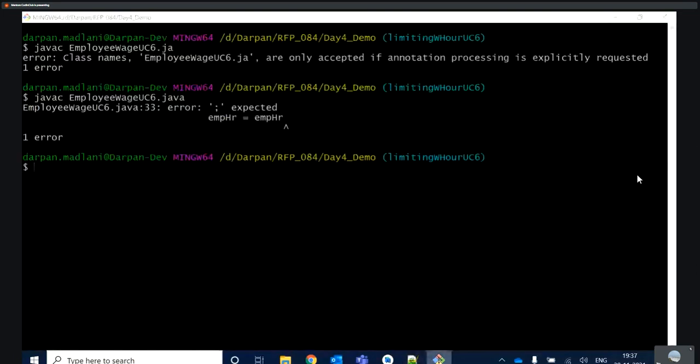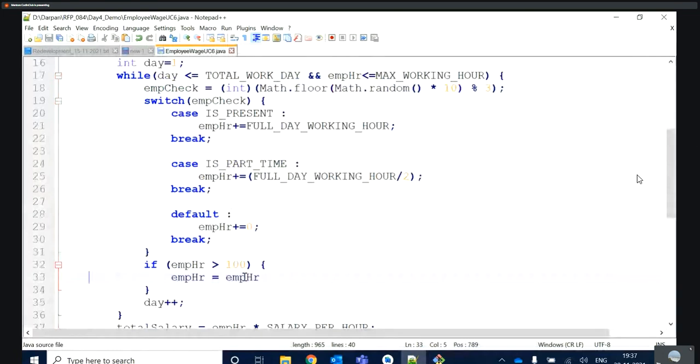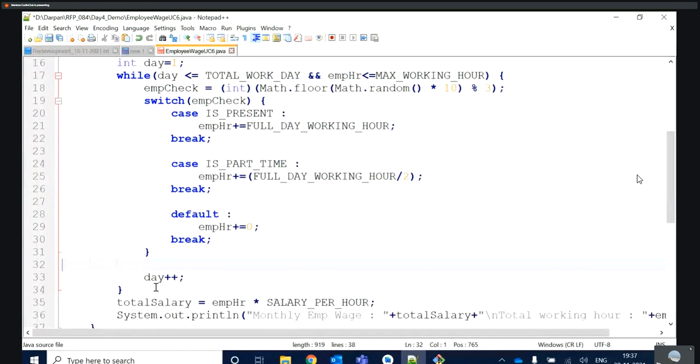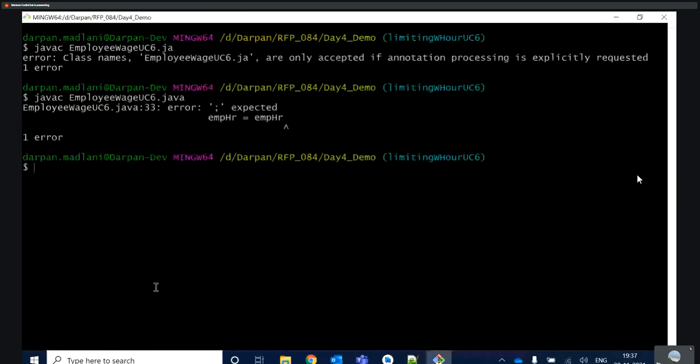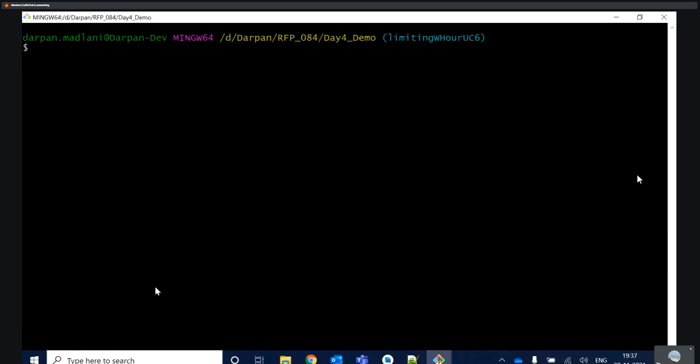At line number 33, clear the screen, then Java, use case 6.